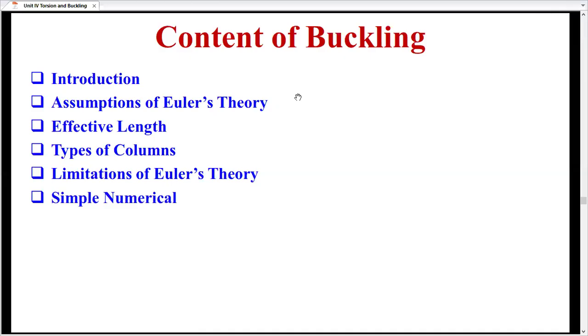Hello everyone. In this session, we'll discuss buckling of columns. This is the content of this session: introduction, pillar theory, effective length, types of column, limitations of pillar theory, and some examples based on that pillar theory. Okay. So basically,